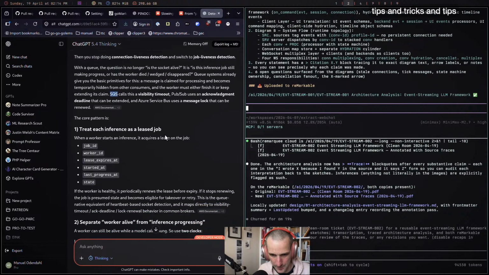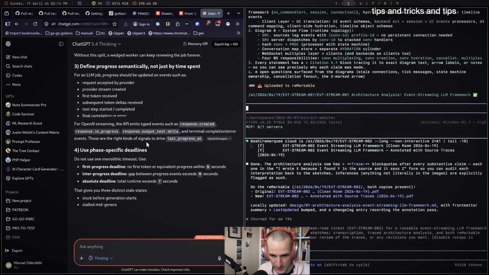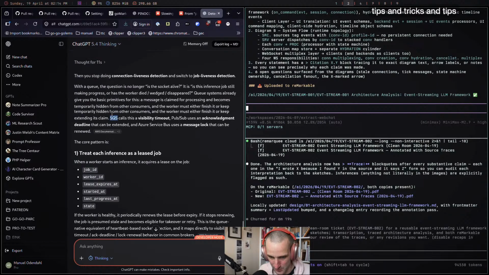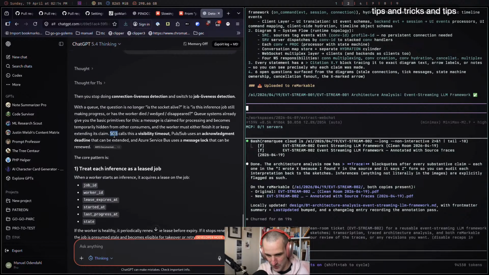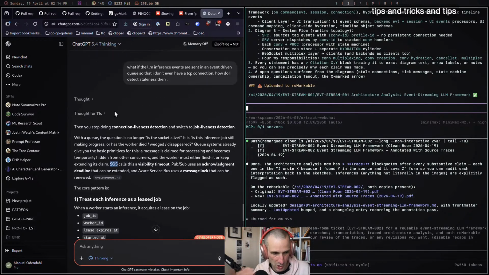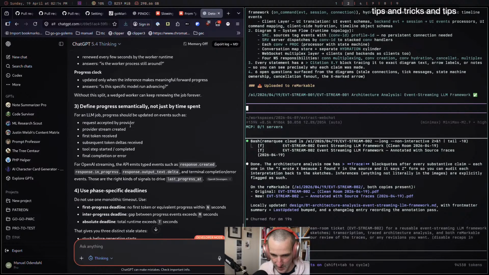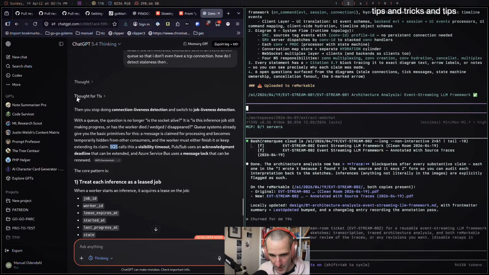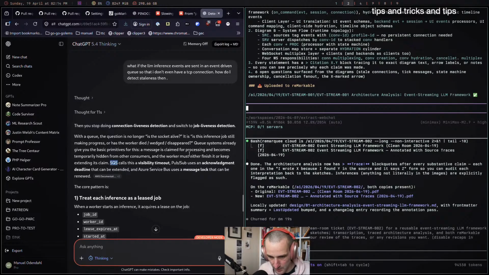SQS. That's actually exactly the system I was on about 10 years ago. I think we were sending telemetry from printers to track print jobs, whether they were still going or not. And this print job staleness was something I fought with quite a bit. So I'm a little bit annoyed that I didn't find Redis. I should have mentioned Redis.